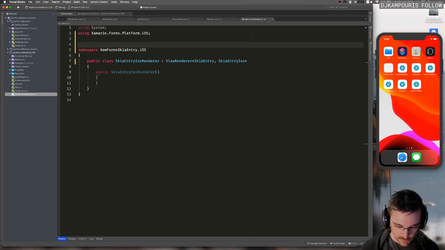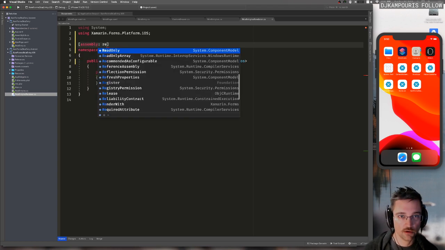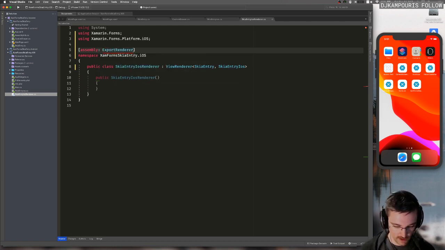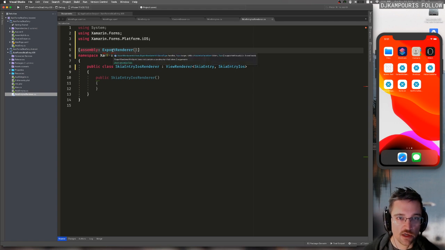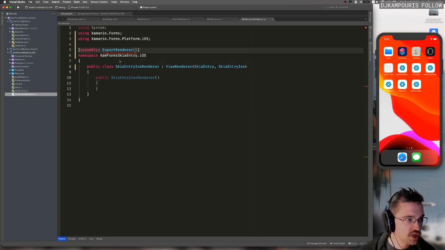And then you also have to do a little bit of work out here with an attribute, an export renderer, right? An export renderer is the thing that's going to put some registration inside of our DLL that tells the